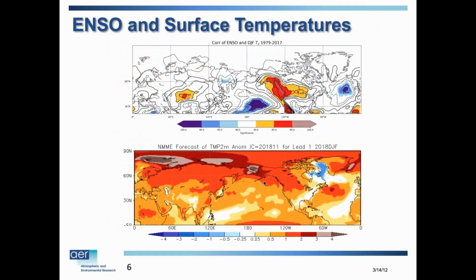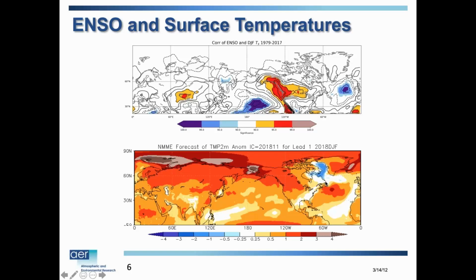And just to come back to this ENSO. Here's a correlation of ENSO with temperatures across the northern hemisphere. Here's Western North America. So you get that kind of canonical pattern of warm northwestern North America, and then cooler in the southeast. The shading is statistically significant, not very, but cooler here in the southeast. And here's from the North American Multi-Model Ensemble, which is being used for seasonal forecasting and now also subseasonal forecasting. It very much matches this pattern from ENSO.